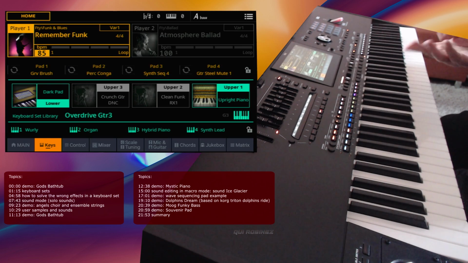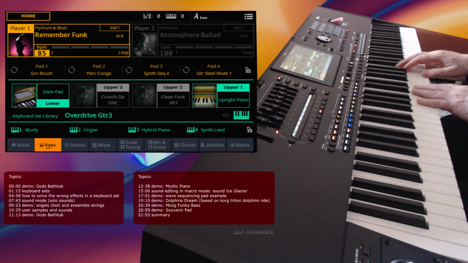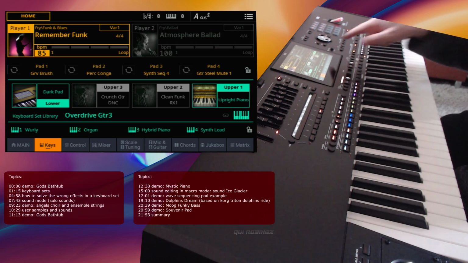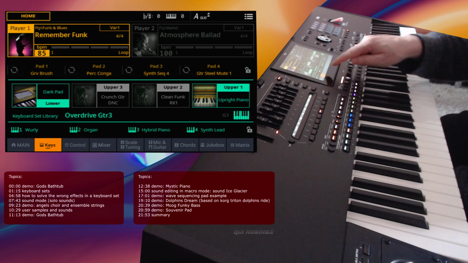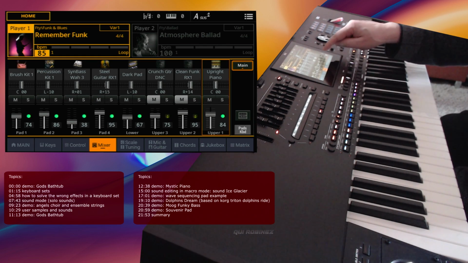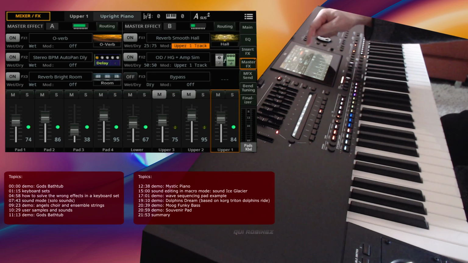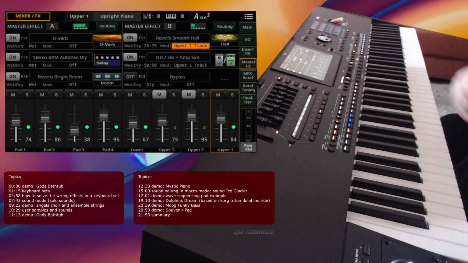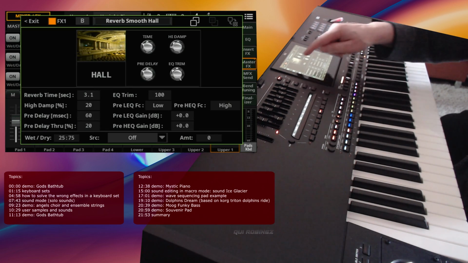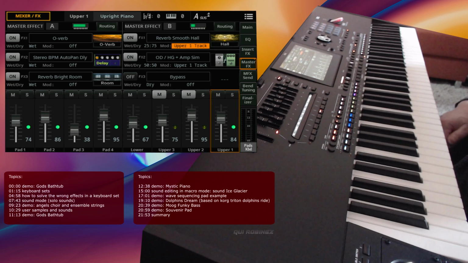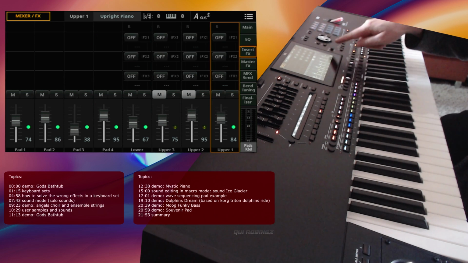The piano is also distorted, and it's not the piano sound it originally was. This is because you load sounds in the keyboard set that is active and that has effects assigned to them. So if we look at the mixer and press this button over here, you will see that in the Master FX there is an overdrive simulator loaded in FX2 and a reverb hall in section 1, because the keyboard set is all going to route to the Master FX B, and the insert effects are also